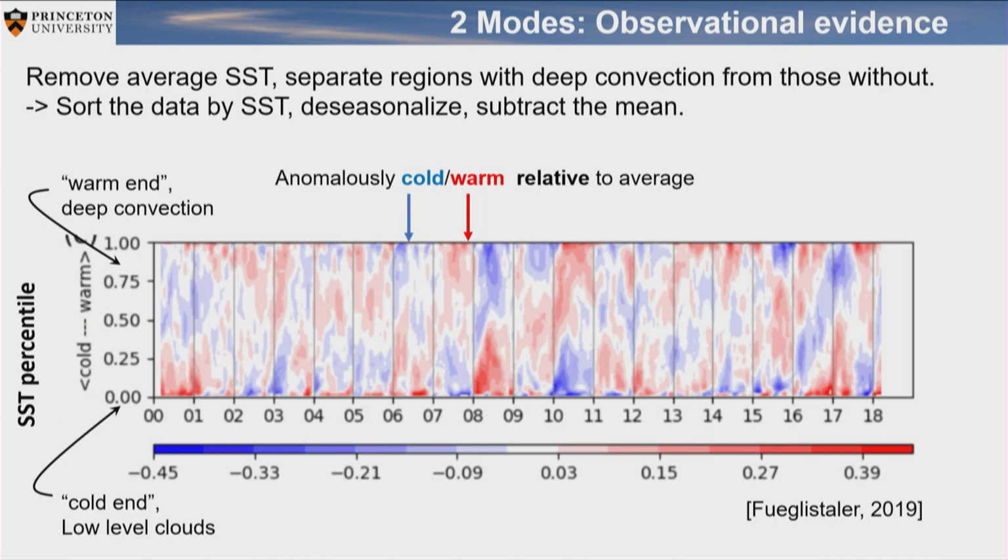The question is, can we relate it to the surface condition? So I look at the ocean surface temperatures, and there the problem is always things move around in space. And we cannot look at any one given location if things are moving around, sort of where the convection is. So the simple trick is we simply bin all the sea surface temperatures from cold to warm. That's a very poor man's approach to basically track the convection, because the assumption is that the convection will stay in the warmest percentile, no matter where that warmest percentile is.